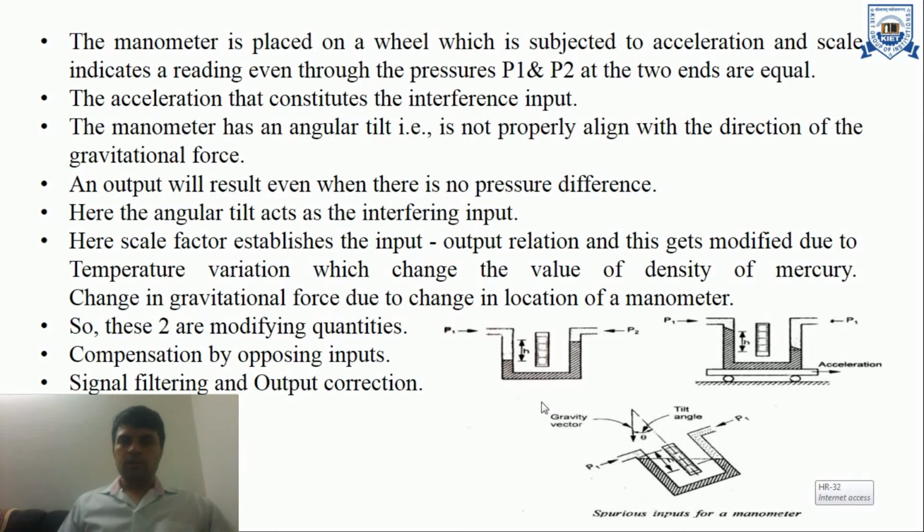Here is the example of the manometer when we place it stationary and when we place it on a wheel and produce some acceleration, and when we tilt this measurement system. In that case our desired input is the pressure difference, which is P1 minus P2, but when we put this system on a